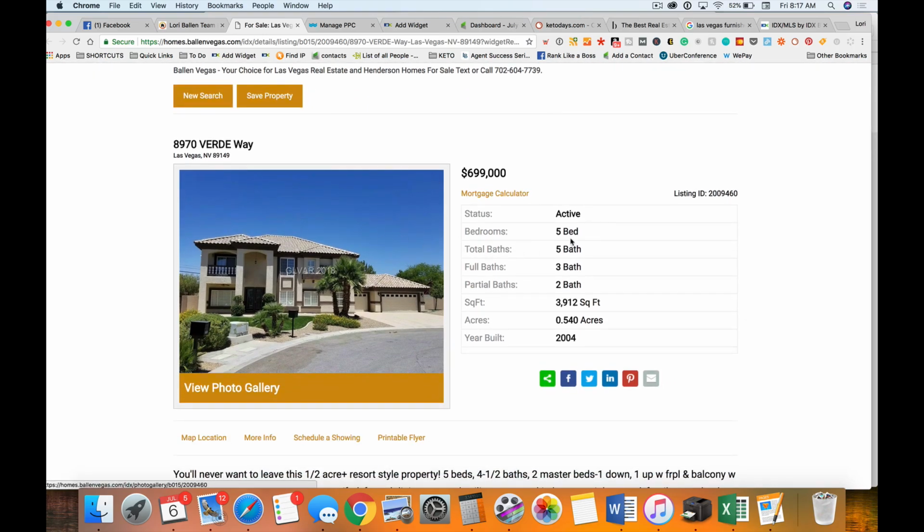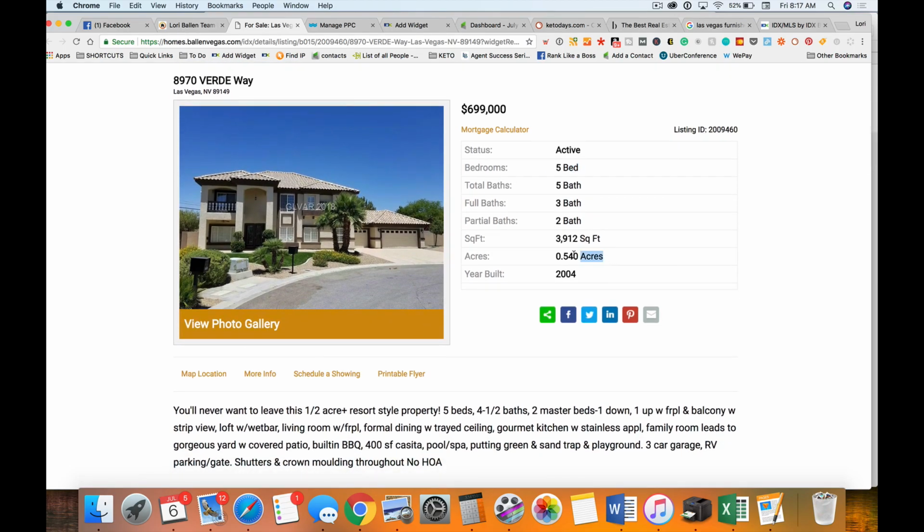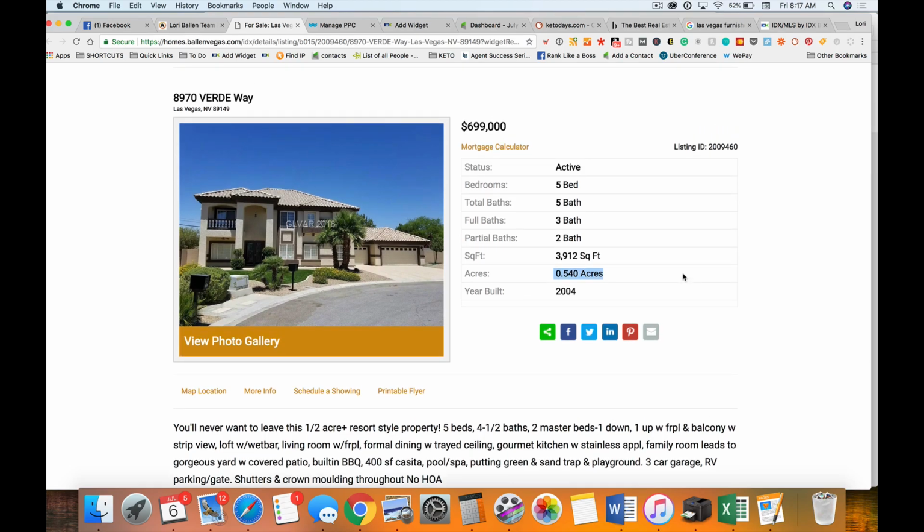This particular house is a 5-bedroom home. You can see this here. And it's on over half an acre. Now, what I can tell you is in Las Vegas, this would be a home that's desired because it's on a larger size lot than we traditionally have. And that being said, it's in a higher price range, so it may not have quite as many leads,